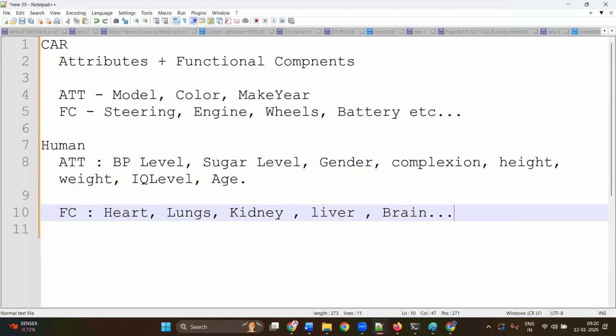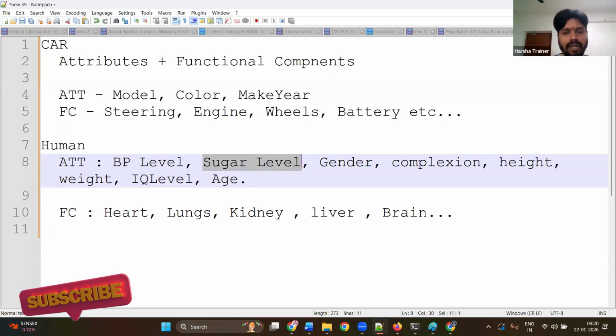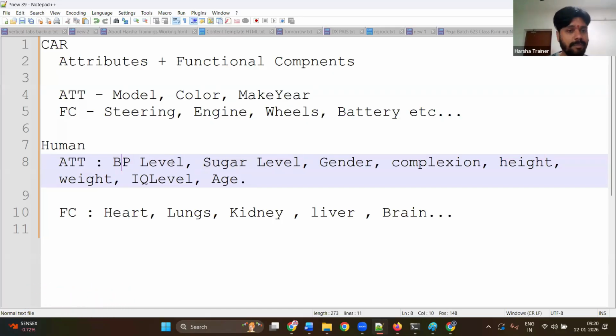Now attributes decide how the entire human body should function. BP level controls the human body. Sugar level controls it; of course, gender and the like cannot control it. The stability of the person depends on the level of sugar in the blood, and BP is something similar, as are hemoglobin values and ranges.